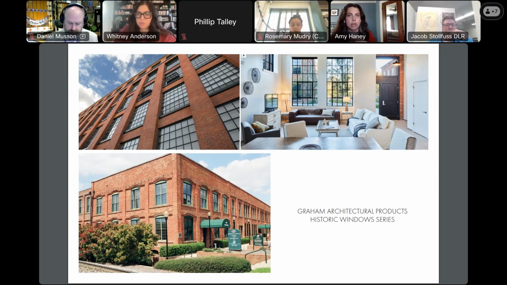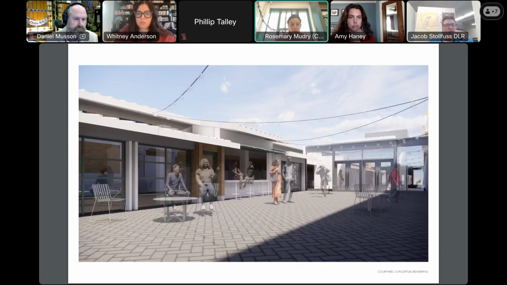Yeah. Thanks, Rosemary. No, that's part of the purpose of keeping them as garage doors, not as storefront systems, so that they can open because there'll be seating integrated into the interior of the market. The other important piece of this is working with SHPO and others. The existing garage doors are not historic, nor are they part of the historic period of significance. They were added on in the year 2000. So from that perspective, there's not any historic reason to keep them exactly as they are. But yes, all of these would be operable because there's seating on the inside.